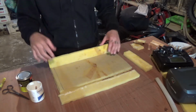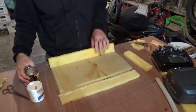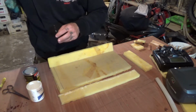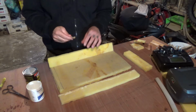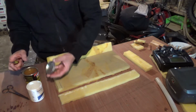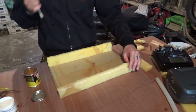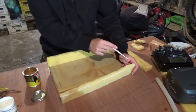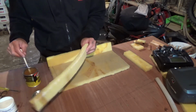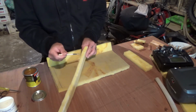And so what I'm doing first is I'm gluing the sponge. I'm using contact glue, and I'm basically gluing things together. So let me keep on doing that and I'll show you, and then I'll show you how I'll put my backpack together. Everything packed up. So what you do to use this glue is you apply 2 coats of glue, one on this side and one on the other edge where you want to glue. And once you have it done, you simply press them together, and believe me, this is the best